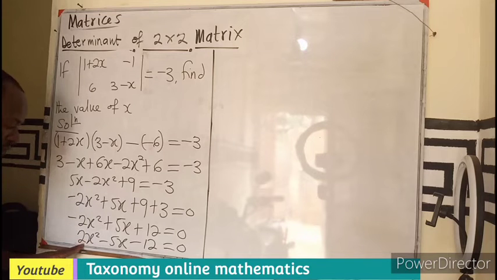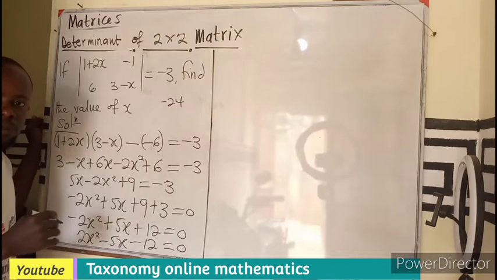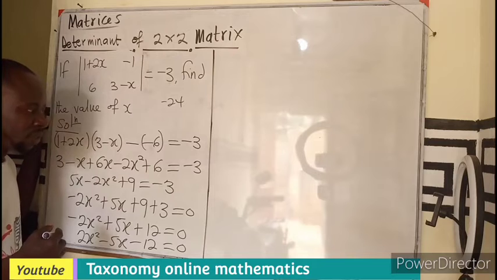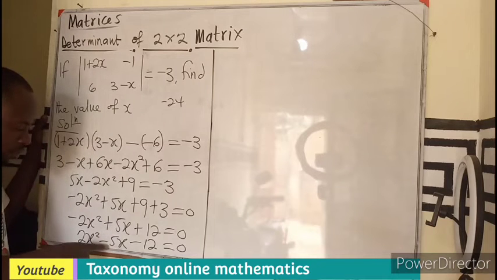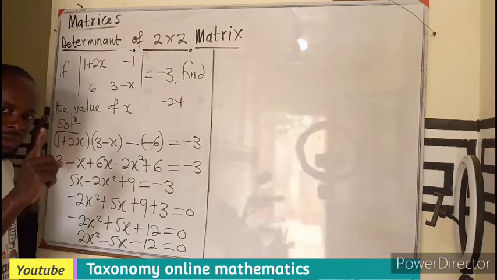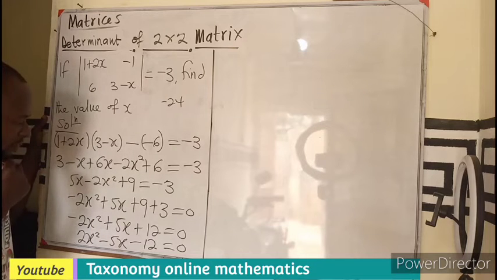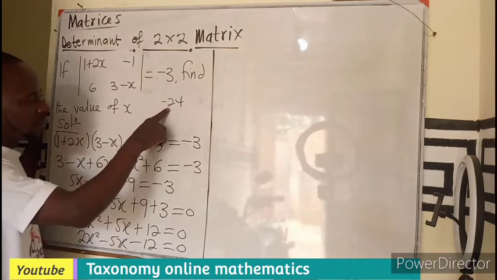Then what do? Find the product of 2 and minus 12. I believe that will give us minus 24. Find the factors of minus 24. When you add, you should be able to get what? Negative 5, meaning one of the factors is going to be negative. The bigger one, of course. So what are the factors? We have